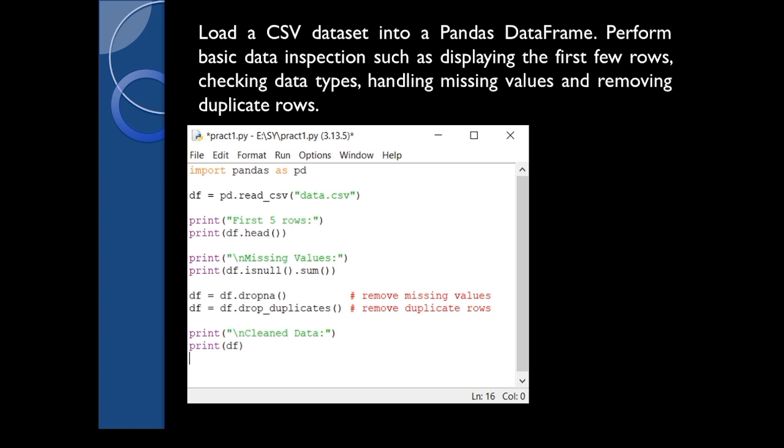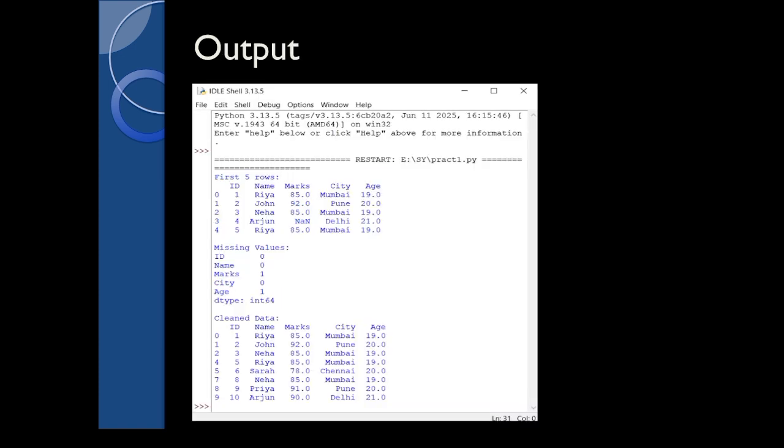So finally, make sure to save your file. Then click on the run tab, choose run module, and this will be your output. So in the output, you can see the first 5 rows from the given data, and what all things have been missing. It is displaying under marks and age. And after removing all the missing and duplicate values, the clean data has been